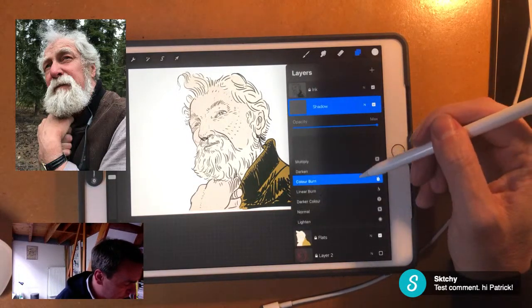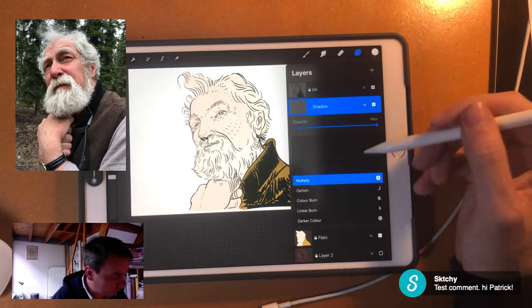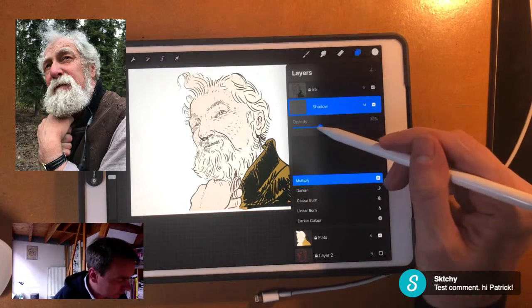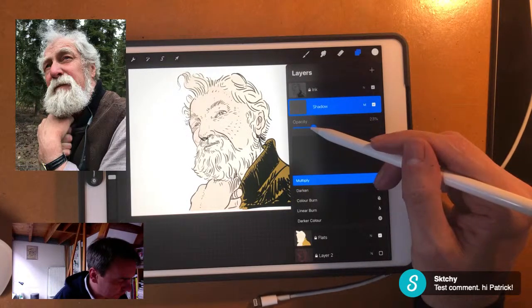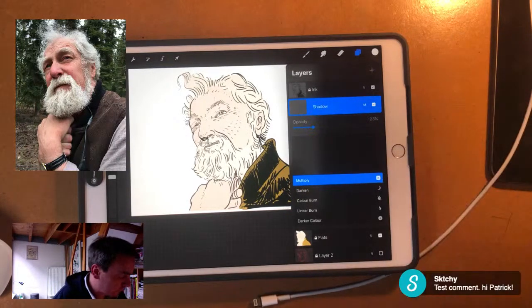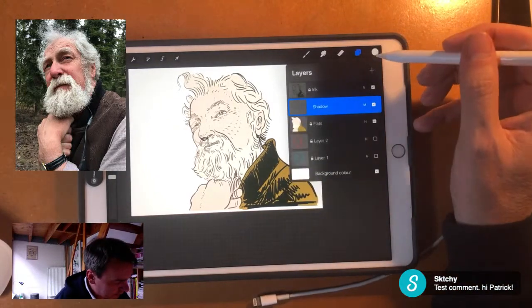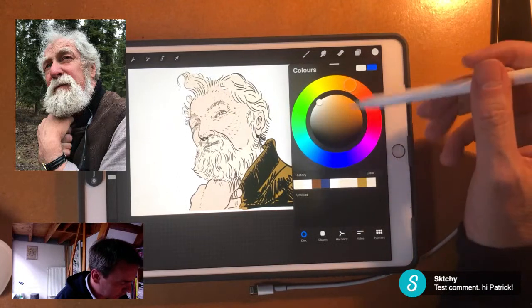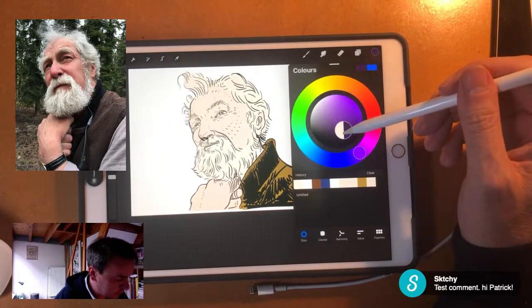And I will move it to multiply. It's the top blending mode, and I put the opacity to about 23. And then I choose a shadow color, a bit of a dark purple